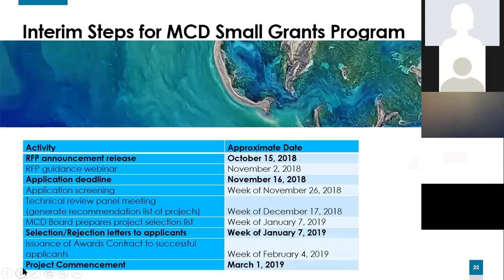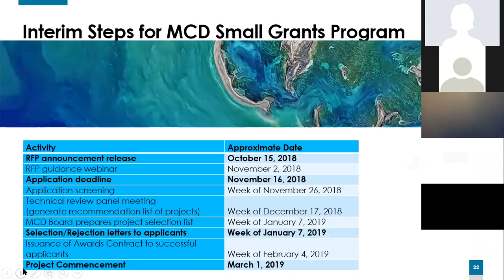Unfortunately, we do have some holidays coming up, so that extends us unusually for this cycle. But we do anticipate, if this goes according to schedule, that the board will have the decision completed by the week of January 7, 2019. And that's the week we will be sending out the selection and rejection letters.